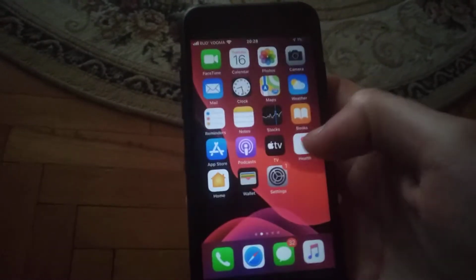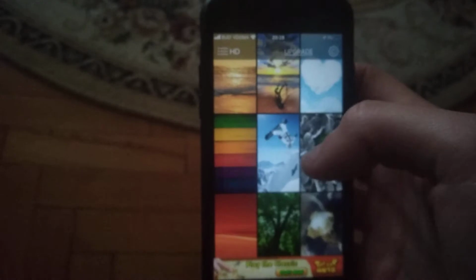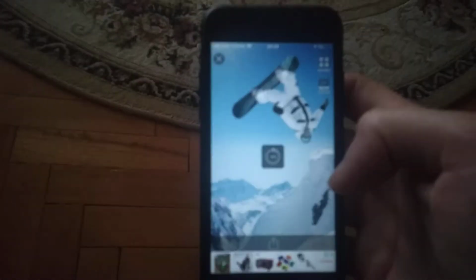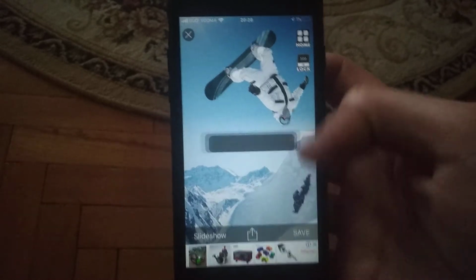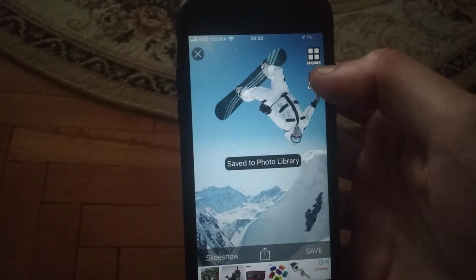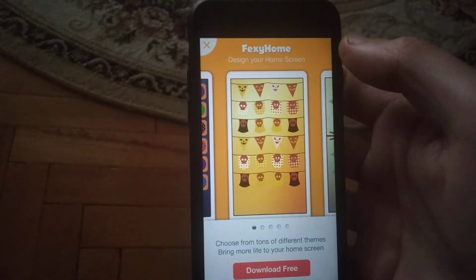So I will close it and try to open again. For example this one image, so it's successfully open, so just choose save, and also you can choose it for lock screen and for home screen. For example, for home screen,